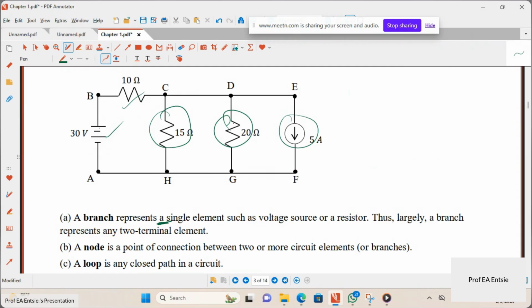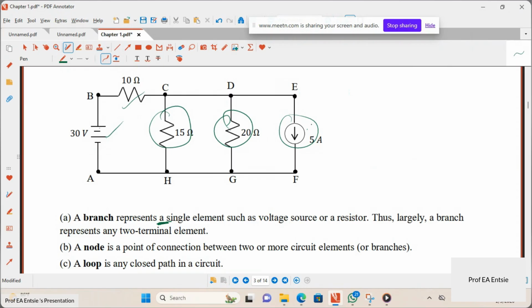D, yes, D2 can be a node, because when I come here, 20 is here. Then if I extend this line, there is 10 ohms here. So 10 ohms and what? 20 ohms. So it means there can be a node in between a node. That's what it means. Then this E here too is a node, all the way from 10 ohms and